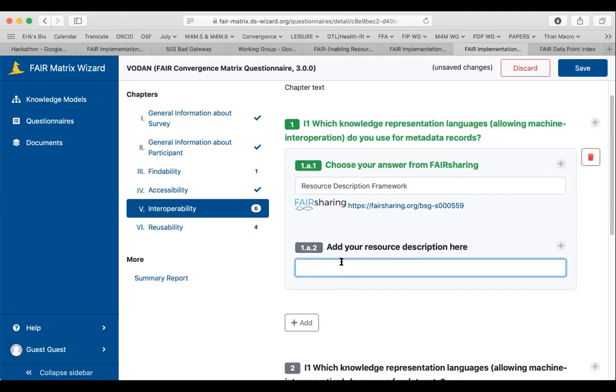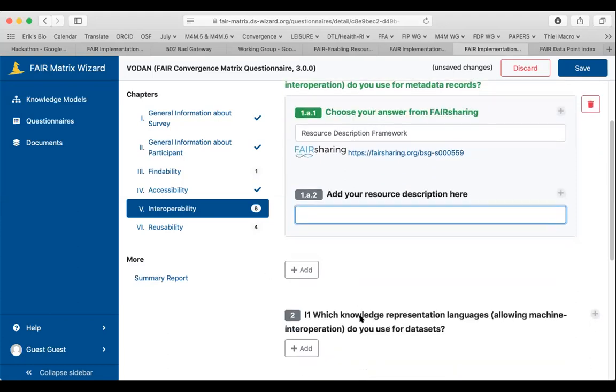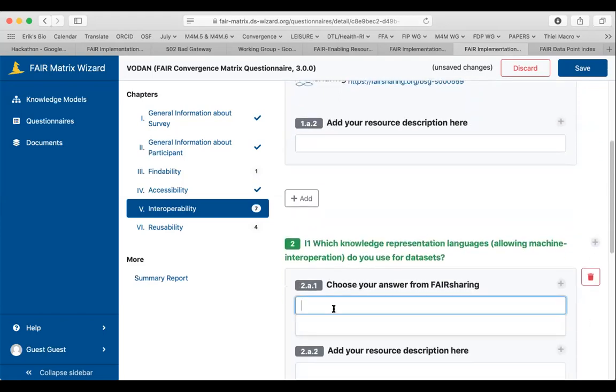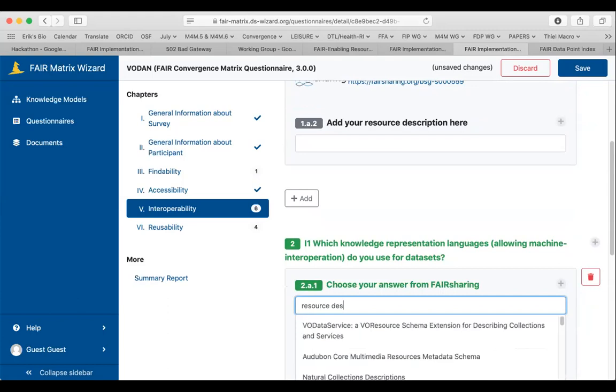Okay. And the interesting thing is I had a long discussion yesterday with Markus Stocker because he interprets this as not correct. He says the language itself doesn't bring any knowledge. Yeah, but it is the syntax. You need a language to formulate it. And for me, it's really RDF or OWL or SKOS or whatever. Exactly. We just need to know that it's basically a standard by which you communicate